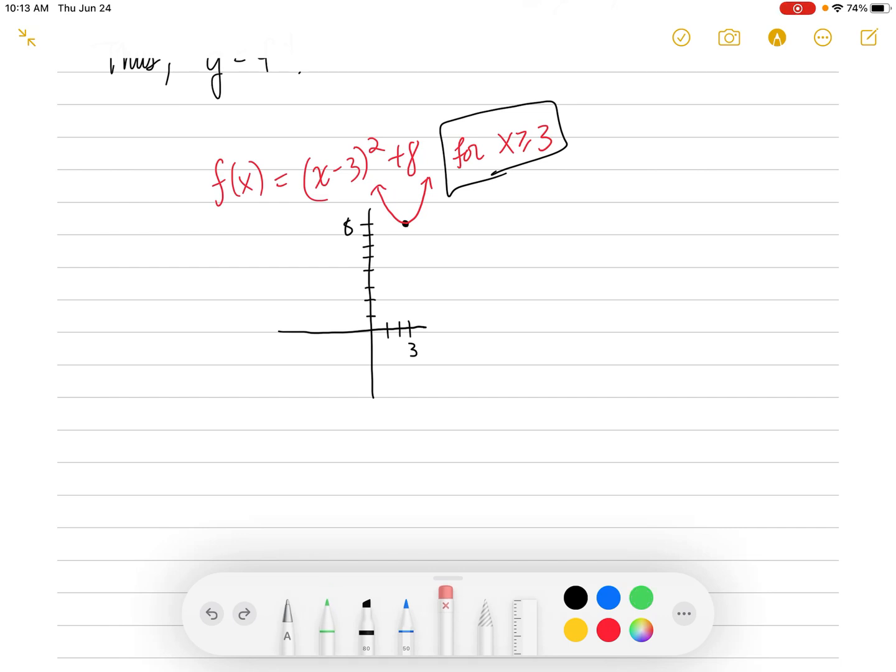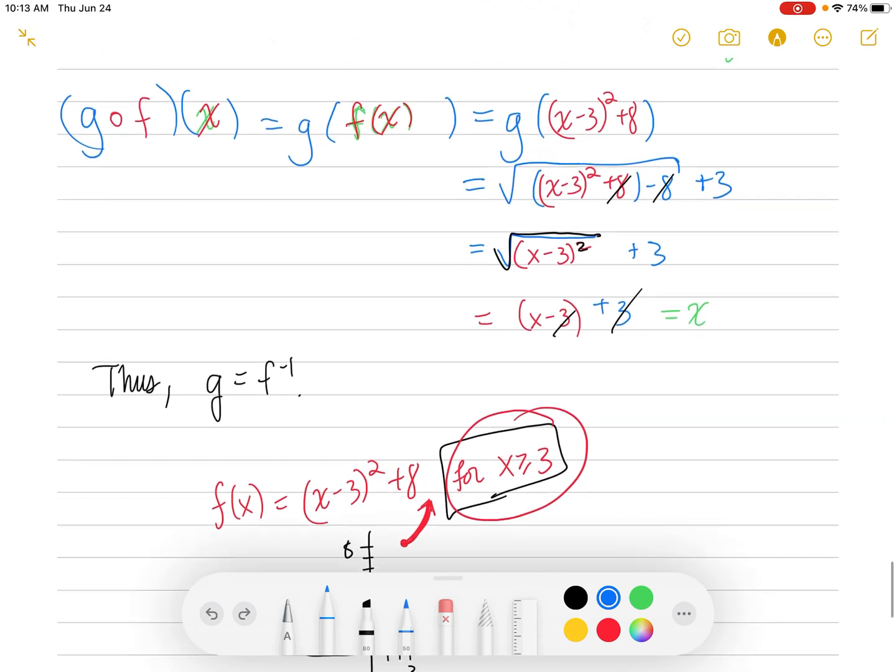So basically what we're doing here, we're going to only look at this parabola to the right of 3. So that means we're going to get rid of the parabola to the left of 3. So we're only focusing on the parabola to the right of 3. So the vertex was at 3, 8. And we're only looking at the parabola on this side. That's what this x greater than or equal to 3 means. So we're disregarding the left side, this side over here. And now notice our function is in fact